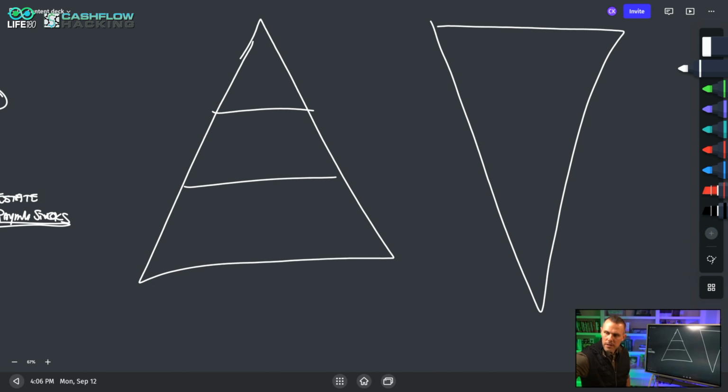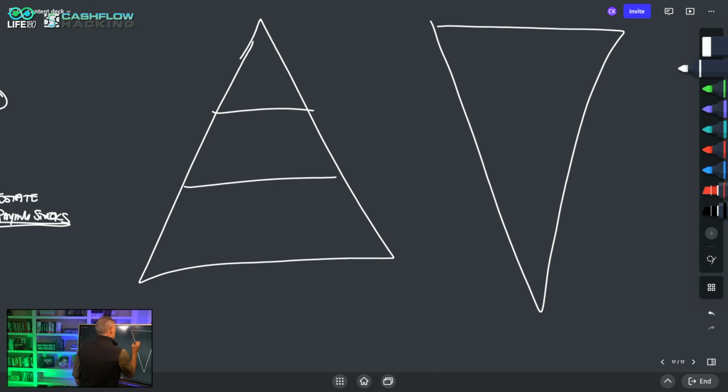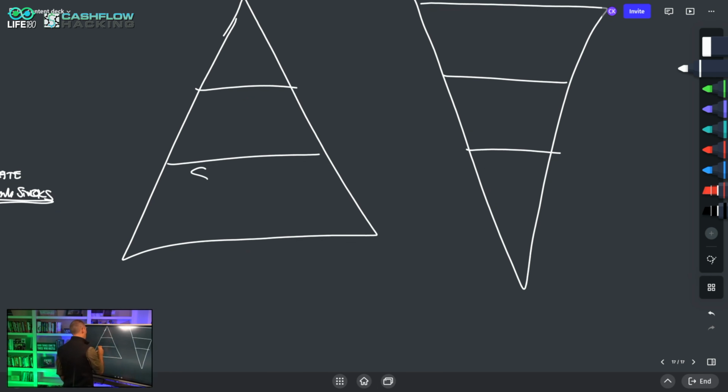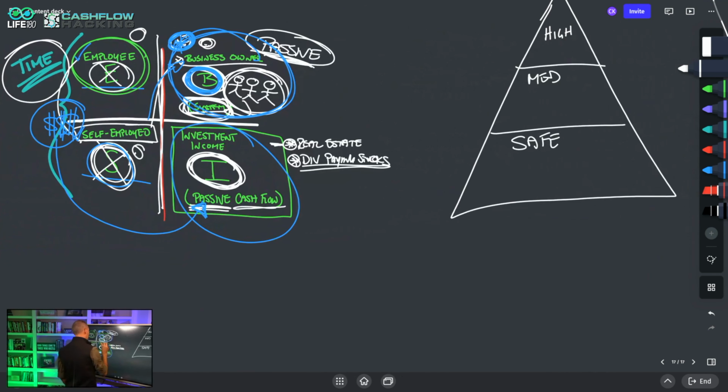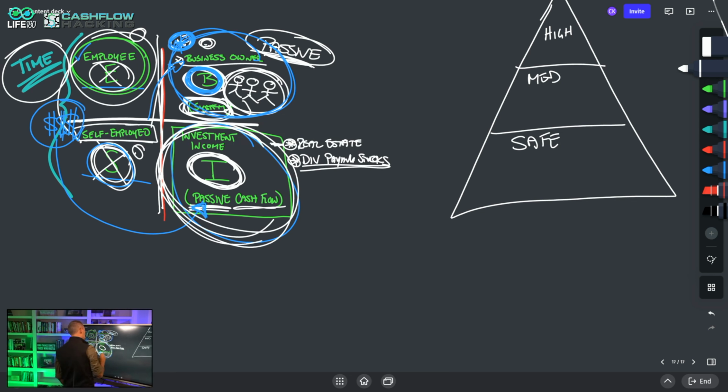So as we get into this, you could see here, this is why I think the cash flow quadrant is so important to understand, because the goal is to get over into a place of safety. The goal is to be able to put yourself in a position so you can act like a good investor, right? So you can be in this quadrant. You got to start as an employee, but the goal is to get from the top left of the quadrant to the bottom right of the quadrant.